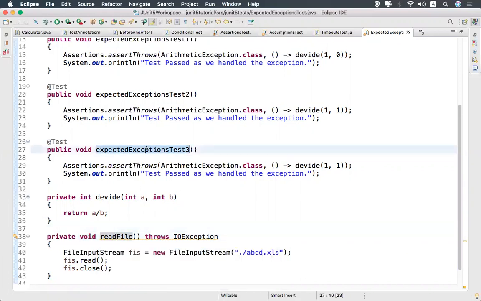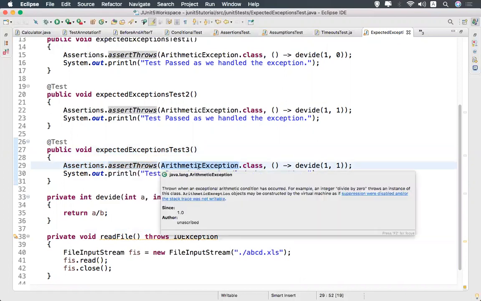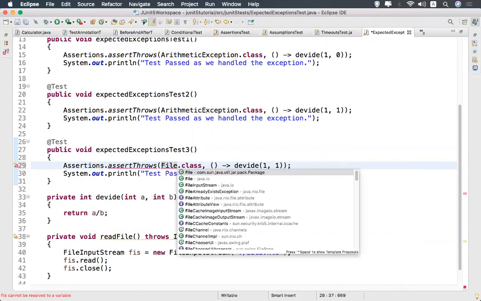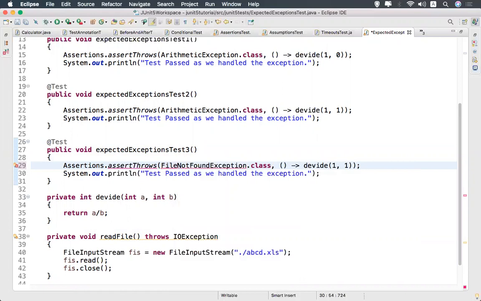Now Assertions dot assertThrows. Here what I'm expecting is FileNotFoundException, and I need to call this readFile here, and I'll remove the parameters. Test passed as we handled the exception, let it be.